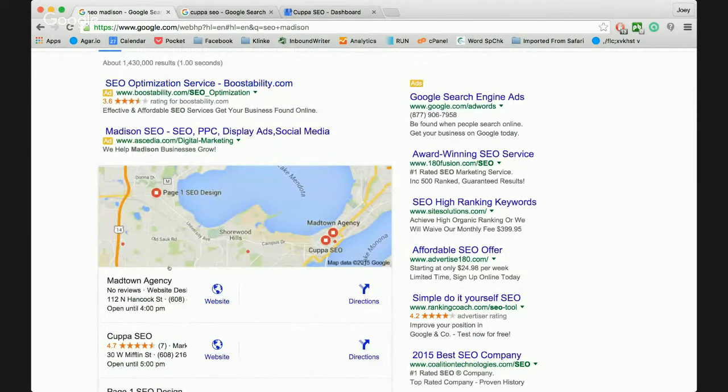So setting up a page in and of itself is the first hurdle. And in order to do that, you will need a Google Plus account or Google Plus page as well. If you do have one, great. If you don't, there's no stress. This is a very easy thing to do. All you'll do is go to Google and Google Plus. It'll ask you to log in or set up an account. Just follow the on-page directions.